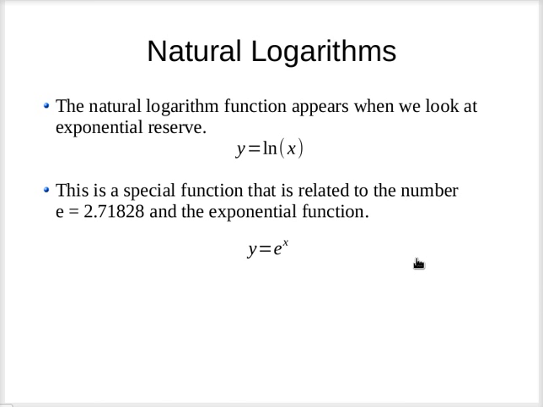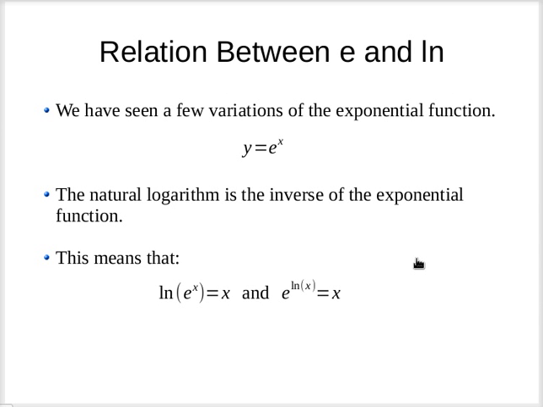The natural logarithm is a special function that's related to the number e that we've seen before and the exponential function y equals e to the x. So let's talk about the relationship between e and natural log. You've seen a few variations of the exponential function when we looked at interest compounded continuously and also at population growth. The natural logarithm is actually the inverse of the exponential function, and what that means is that they cancel